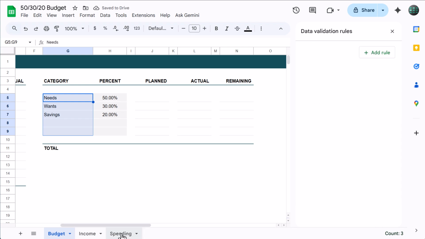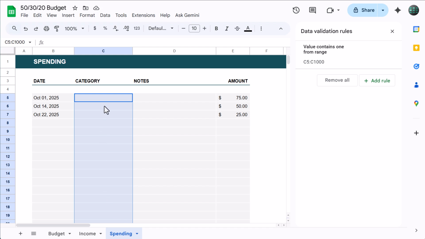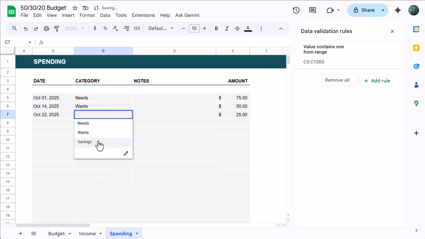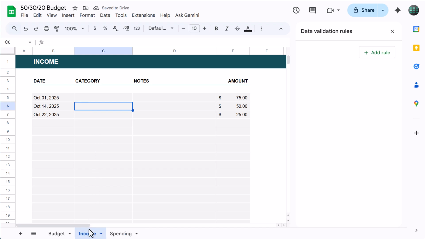Now go back to the spending worksheet and use the drop-downs to add some categories to the sample transactions that are there. Next, move to the Income tab,